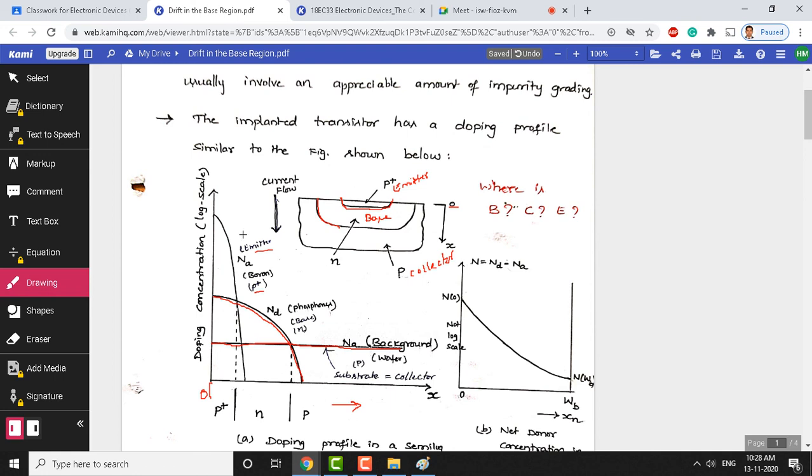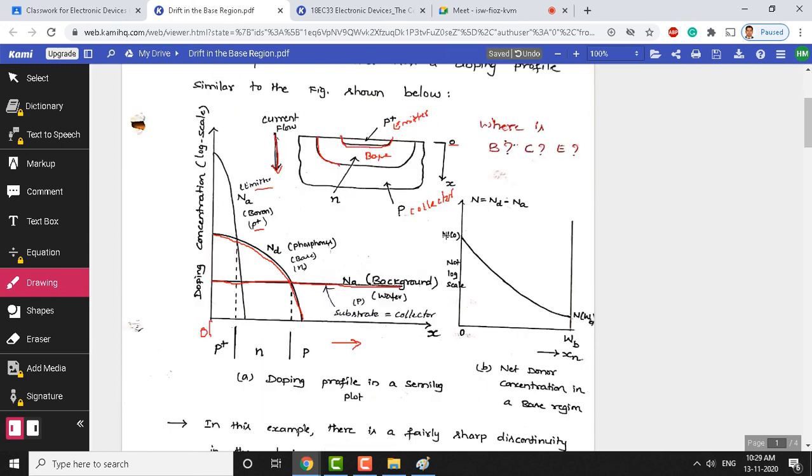And this complete graph shows you the doping profile for the bipolar junction transistor, particularly the p plus NP transistor. The reason for showing it in a log scale is because it has large values to compress into the normal range, so we use log scale here. And also look at the current flow within the BJT. Current flows from the emitter to the collector here. So, this is the direction of current flow. Current flows in accordance with the distance here, as we have shown.